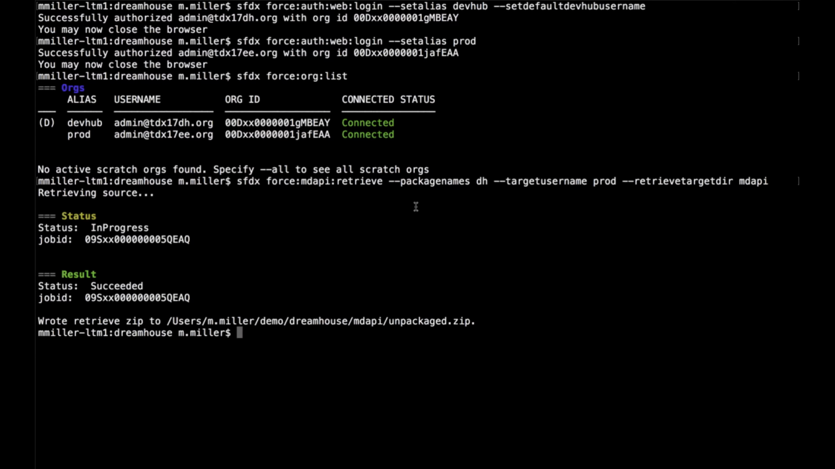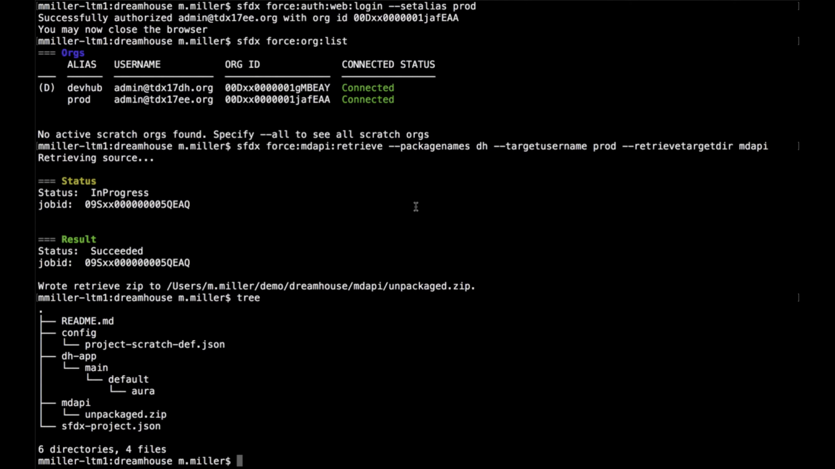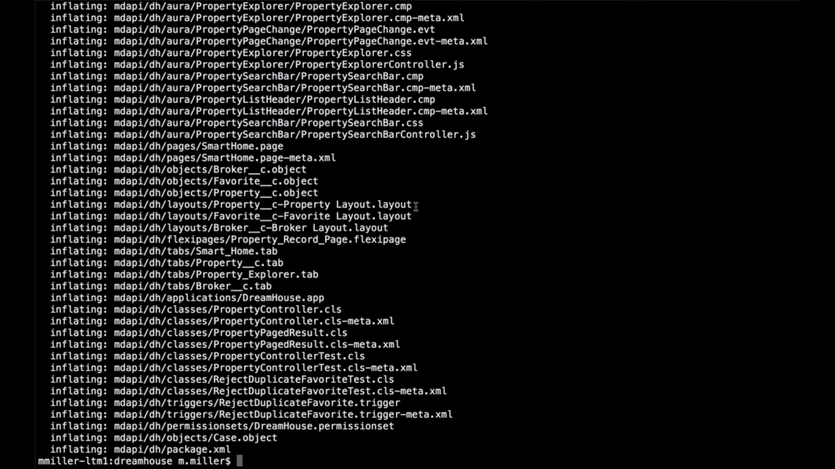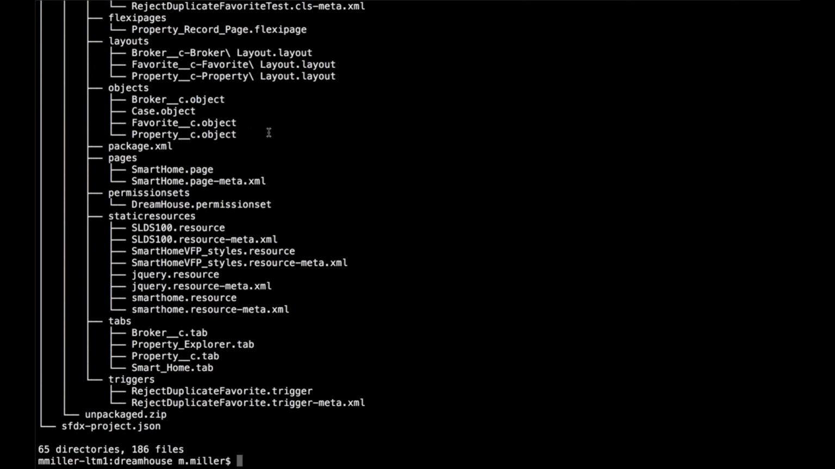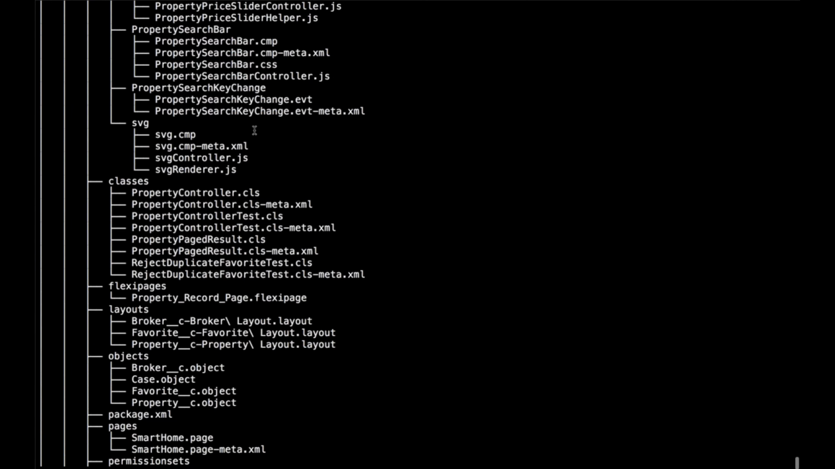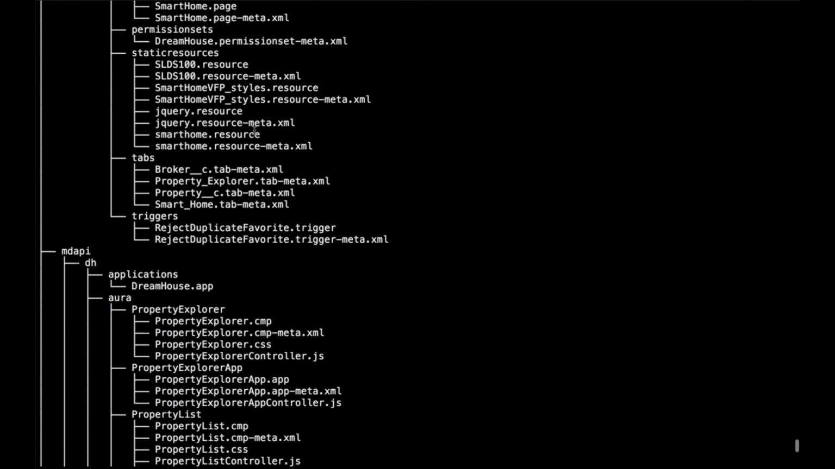All right, so we have that. We now have a zip of our unmanaged package. Let's go ahead and unzip that. And then we need to convert that source from the existing metadata API directory structure into our Salesforce DX project. So now if we take a look, we can see that we have our original unmanaged package, and then